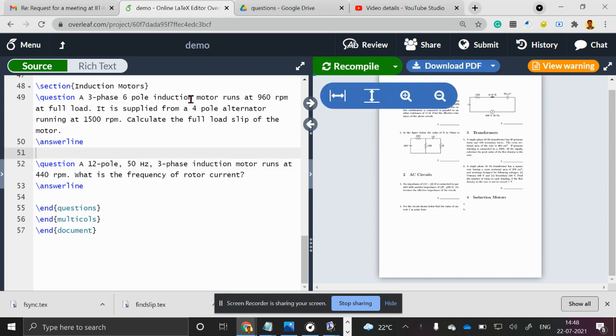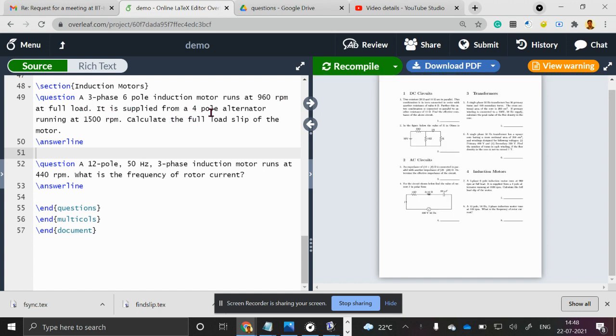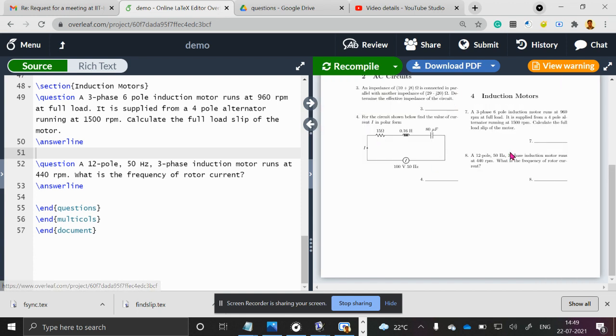A three-phase six-pole induction motor runs at 960 RPM at full load. It is supplied from a four-pole alternator running at 1500 rpm. Calculate the full load slip of the motor. So this is a question regarding calculation of slip of the motor. And similarly, the next question is also